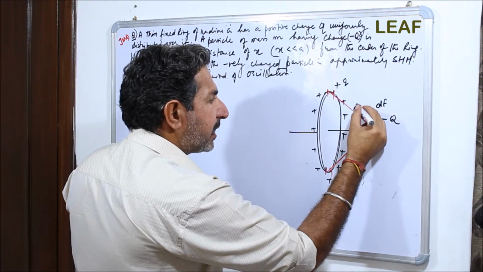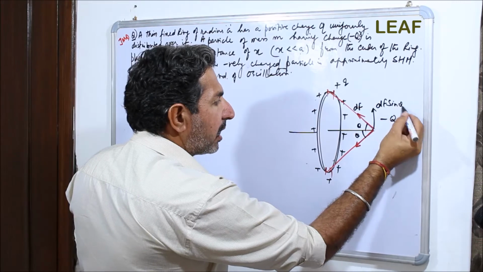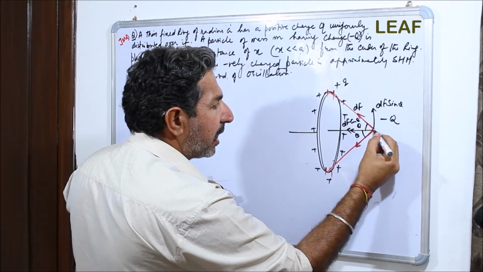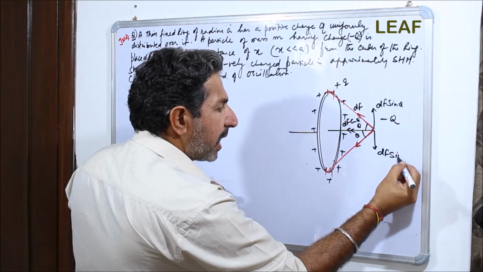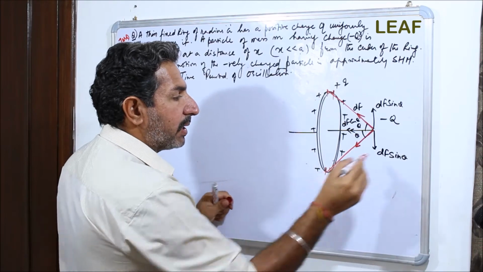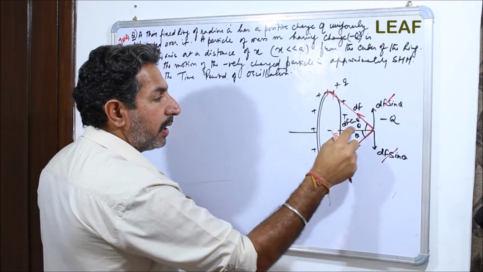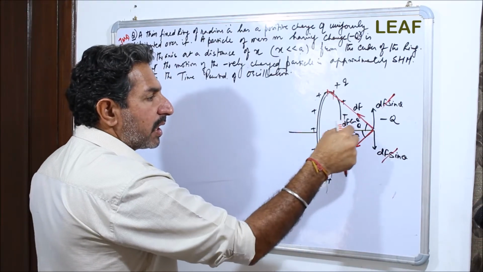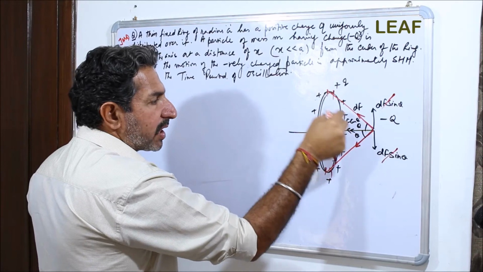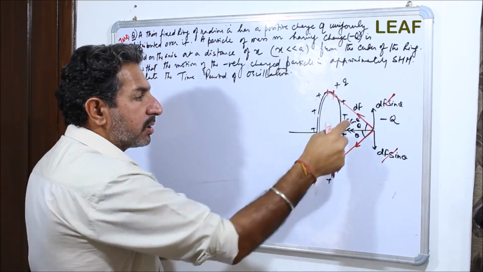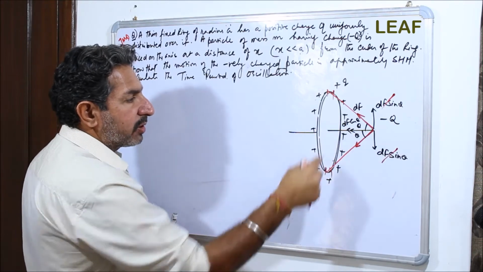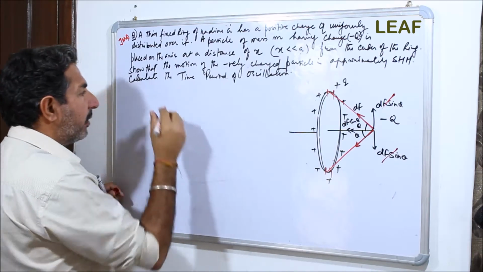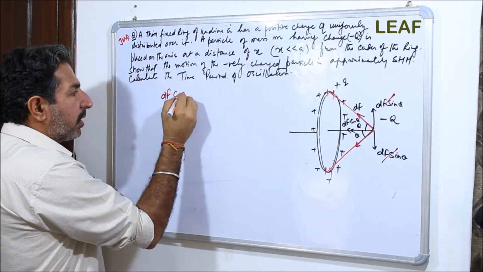Say this is dF, so there will be dF sin theta and dF cos theta, and the same component dF cos theta and the opposite component dF sin theta. Undoubtedly these two sin components are going to cancel, and the net component left is dF cos theta. We are going to have such components for every element on the ring. So ultimately the attractive force will be dF cos theta, right? So the force with which the charge is being attracted towards the ring is dF cos theta.